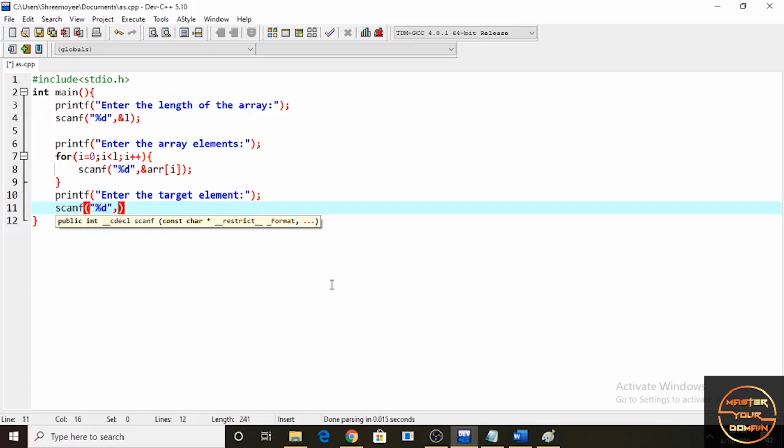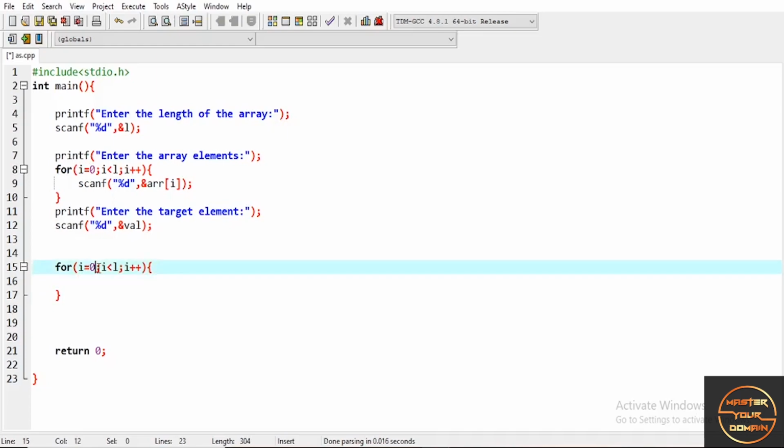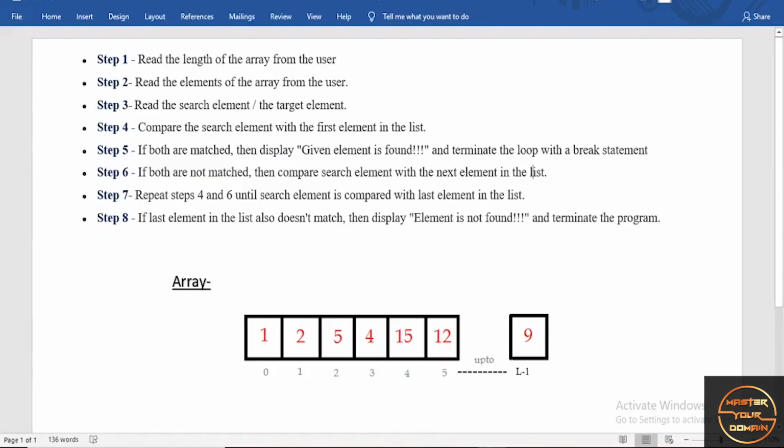After taking the input, we are going to store this in a variable named val. Here we are using a for loop, and i denotes the index value, so the value of i is from 0 to L minus 1. Fine. Now let's take a look at step 4, step 5, step 6 and step 7, because we are going